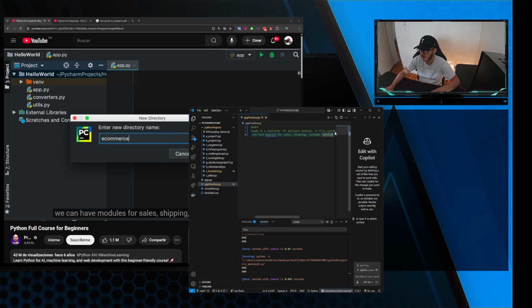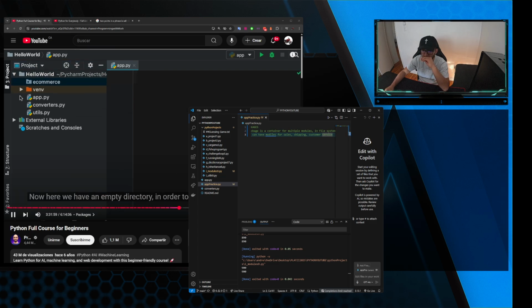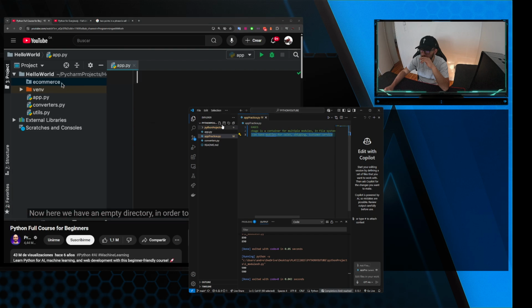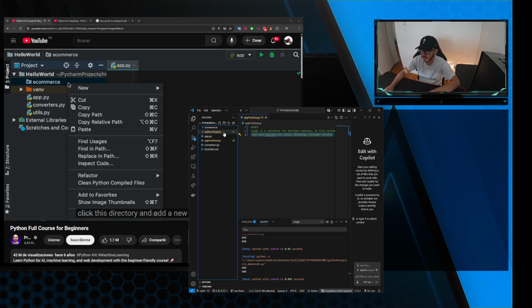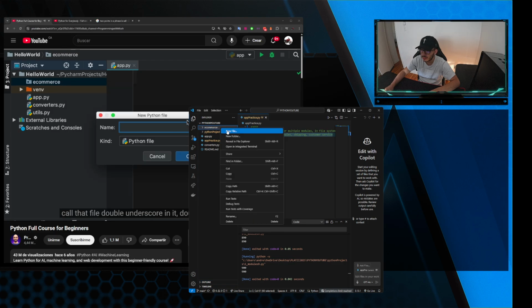Sales, shipping, customer service, and so on. So let's go ahead. Now, here we have an empty directory. In order to convert this to a package, we need to add a special file in it. So right-click this directory and add a new Python file. Call that file